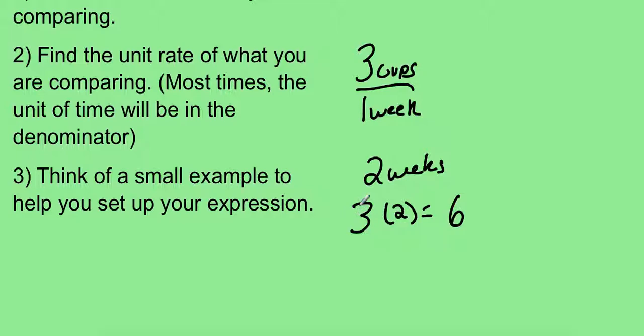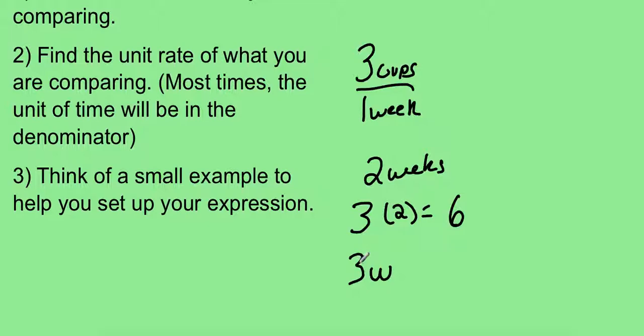So the 3 represents our unit rate right over here. This is what it represents. That stays the same in our equation. Most of your equations are going to have a unit rate or a constant of proportionality, if you remember that from October. And so this is going to stay the same. What changes is this variable 2. This could be 2 weeks, it could be 10 weeks, it could be 100 weeks. So in order to represent that it can change or vary, I'm going to put the variable W,